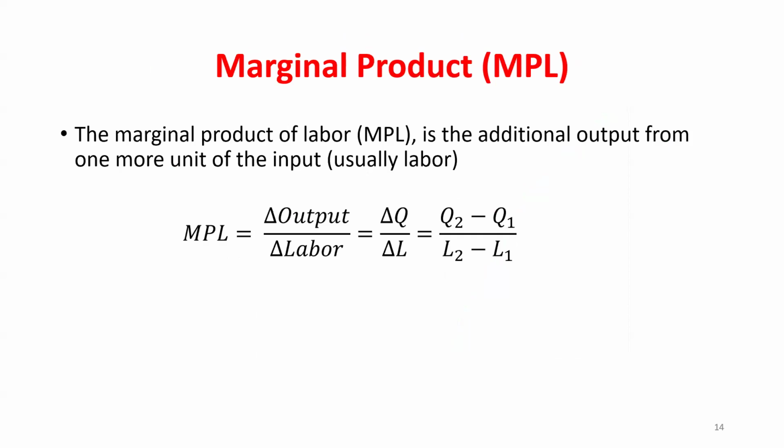If I want the marginal anything, so if I wanted the marginal cost, that was going to be my change in total cost divided by a change in quantity. Here, if I want the marginal product of labor, that's going to be the change in my output, or my product, divided by the change in the number of workers I was hiring, or the change in the quantity of labor. So this is how we would calculate our marginal product of labor.